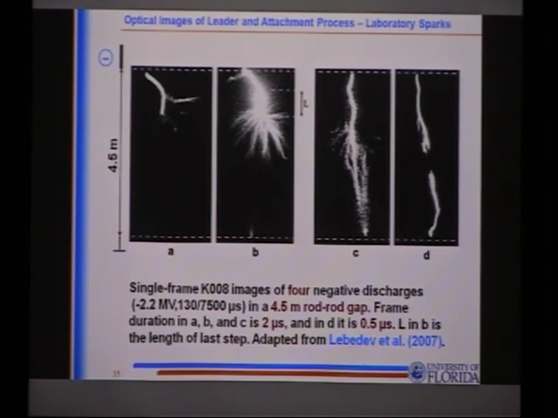These are, for comparison, some images for long sparks. The length of the gap was 4.5 meters, and the polarity of the high voltage electrode was negative in all cases. And these are 4 different images for 4 different sparks, not the same one shown in different instances of time. The exposure was 2 microseconds for the first 3, 0.5 microseconds